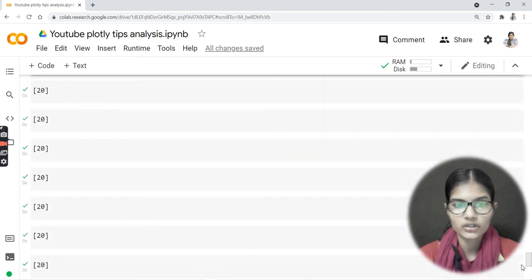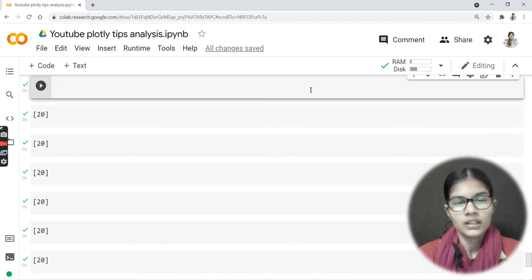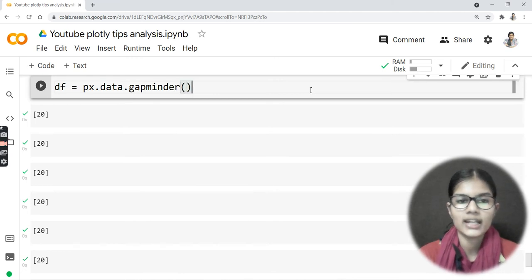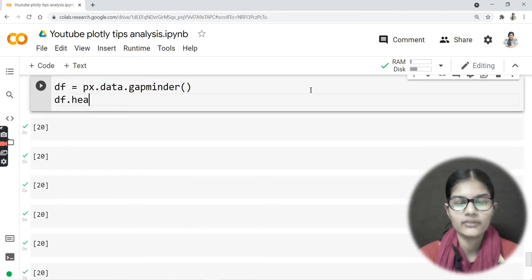But for that we are just going to take another data set. So I'll be reading a data set here: df is equal to px dot data dot gapminder. Gapminder is another type of data which we have in the plotly library.